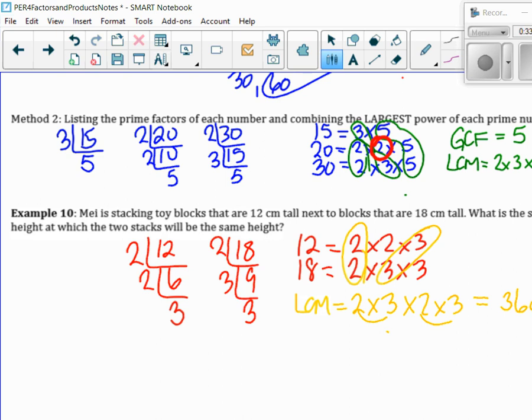So at what height is the 2 stacks the same height? 36 centimeters is the first multiple. If you stack a 12, then a 24, then a 36, and then an 18 and a 36, they would stack up the same at 36. Do you see? Okay, so this is something that